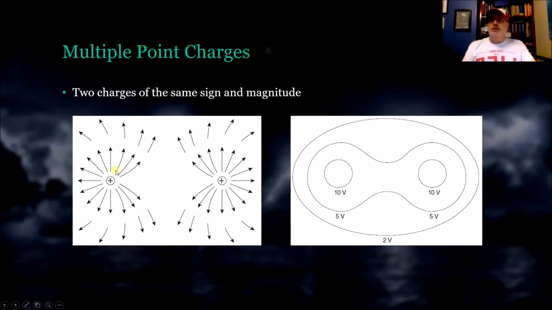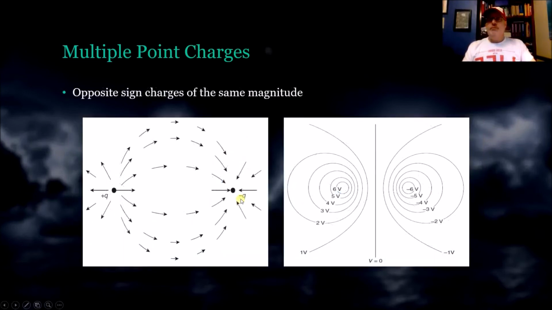Over here you can tell they're the same sign because the electric field lines both point away. Here's what opposite sign distributions look like. So here is a plus on the left and a minus on the right. Notice the electric field lines point away from the plus. Over here you'll notice that we can tell that they are opposite signs because they're separated by a line of 0 volts. This is positive volts over here and negative volts over here, so we could tell this is the positive and